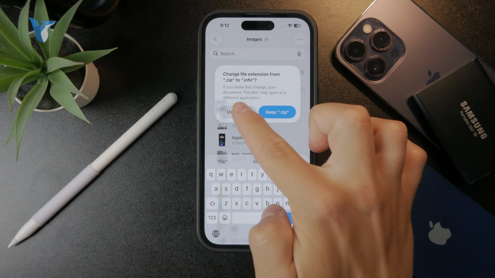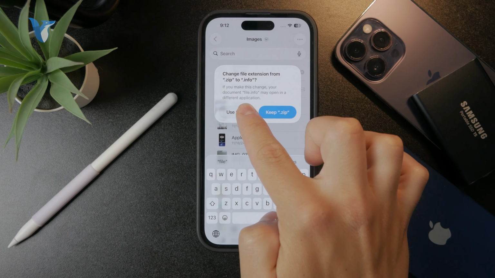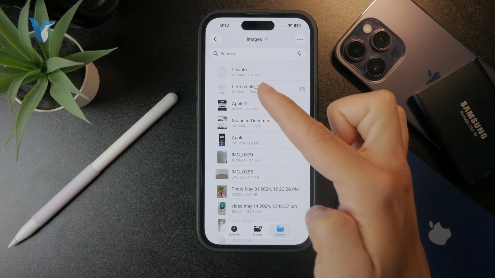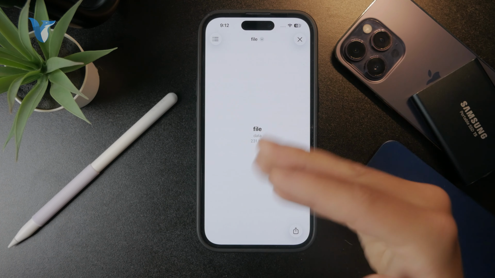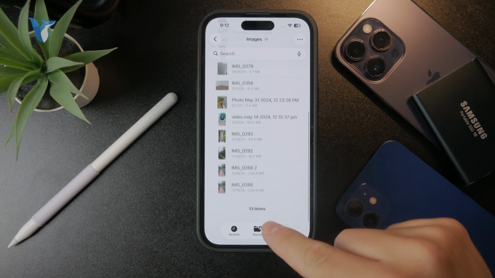So we can choose file.info. And it asks me if I actually want to confirm it. So yeah, I'm going to click on confirm it, really. And we have file.info, which seemingly doesn't do anything. It's nothing in there. And I still have the image